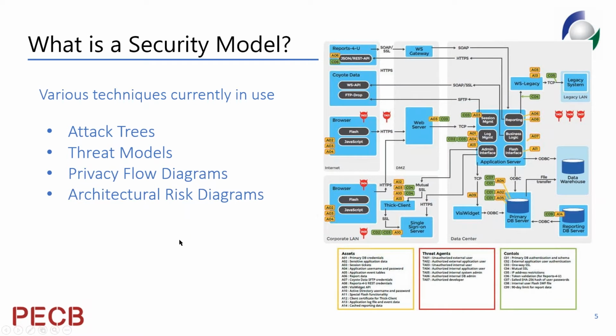Or we can have something like this. When I started doing security, maybe about 10 years ago, this was the recommended way, the digital architectural risk analysis approach, where you basically draw a schematic where you create symbols to represent your servers and your data assets and your controls, and you mark it with little red devils for where your attackers might be placed, and the gold is where the assets are that you want to protect, and the green is the controls that you try and place along the path between the attackers and the assets. And this gave a good visual representation of the system that you were trying to analyze,